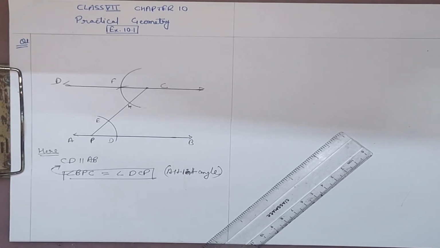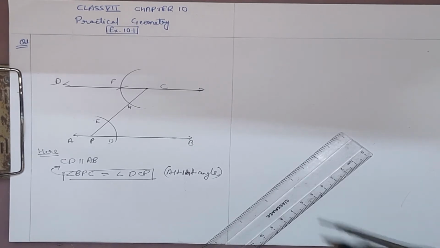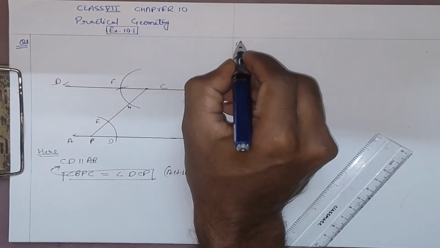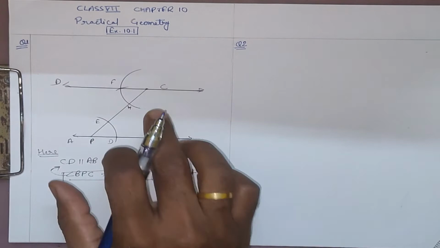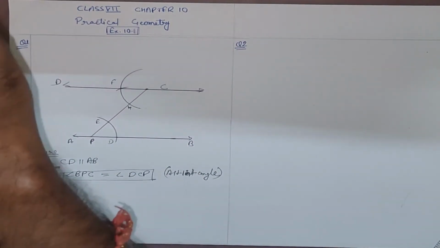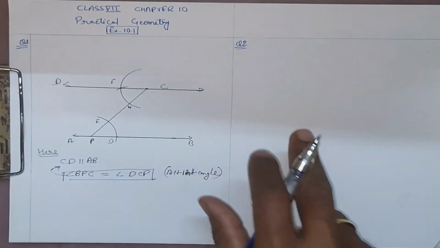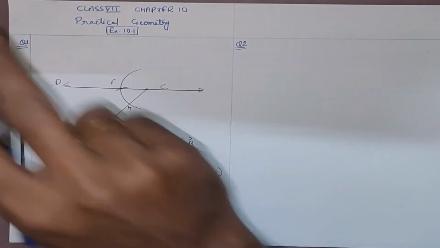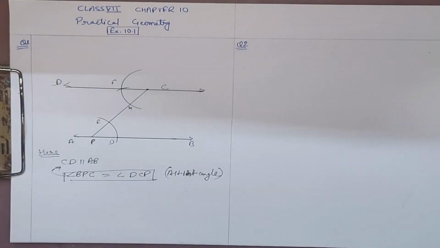Okay? In the same way, we're going to take one more question, question number 2 of the same exercise. Now this was the question when we take the point outside the line. The next question is when we take the point on the line. If you want, you can do it in a similar manner. There are 2 different methods. One more method is there, which I'm going to explain later. In this method it has been said to draw a line L and draw a perpendicular to L at any point on L. Take any point on L and then draw the perpendicular.